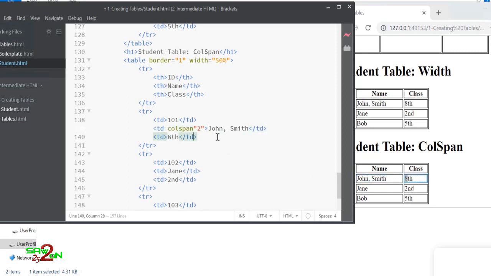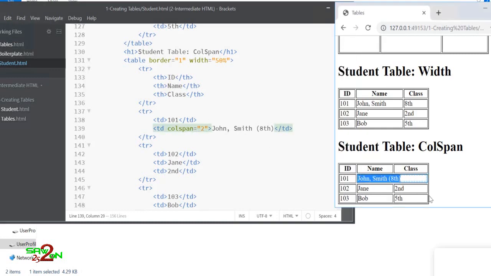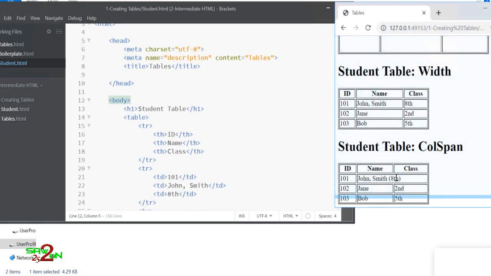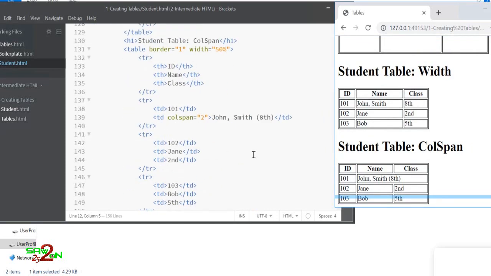And because you occupy the 2 columns, you can mention it here, and then you can remove this column because this column is occupying the 2 column space. You can see the column is being occupied. This is called column span.